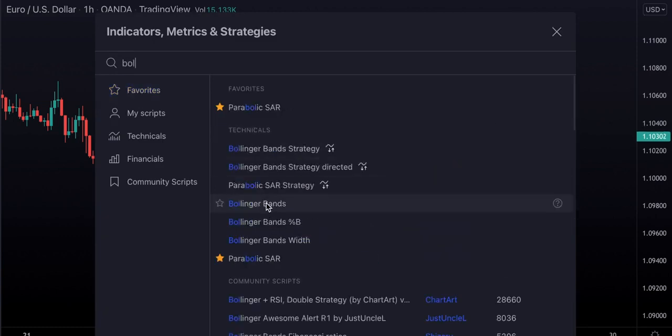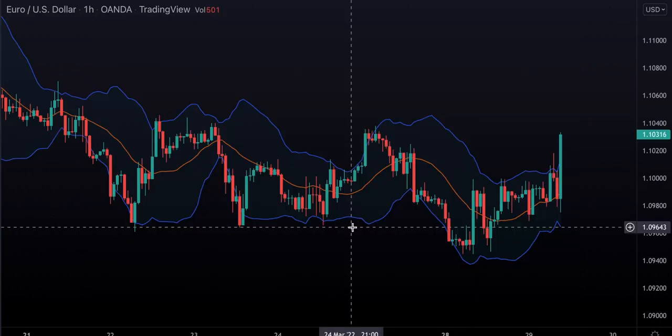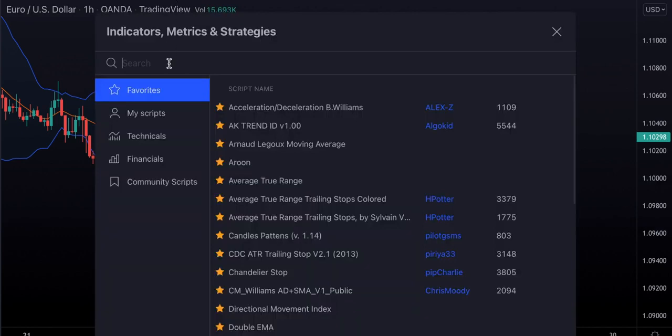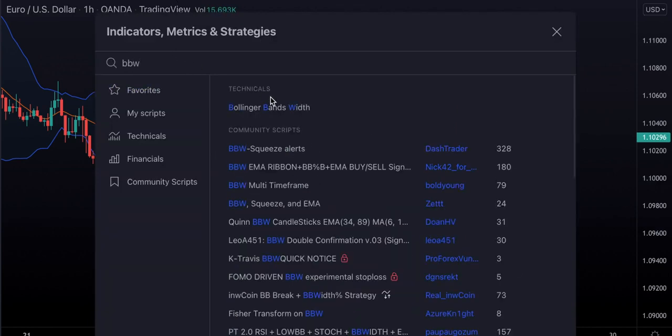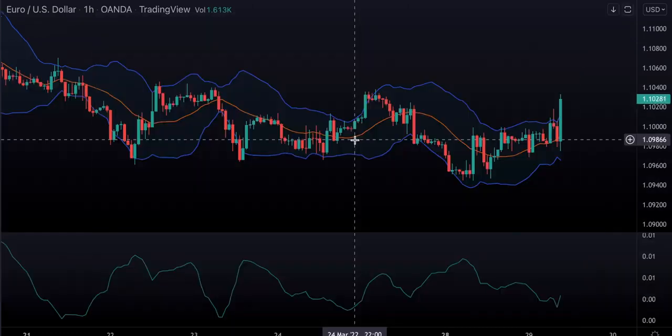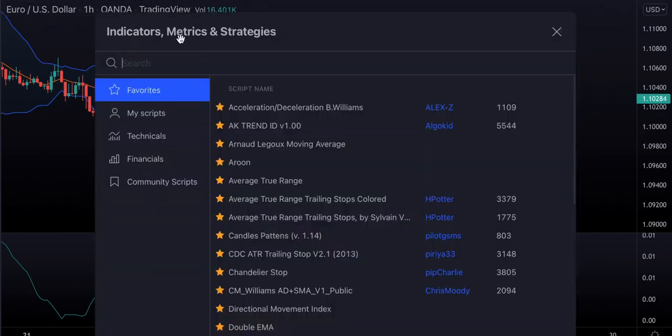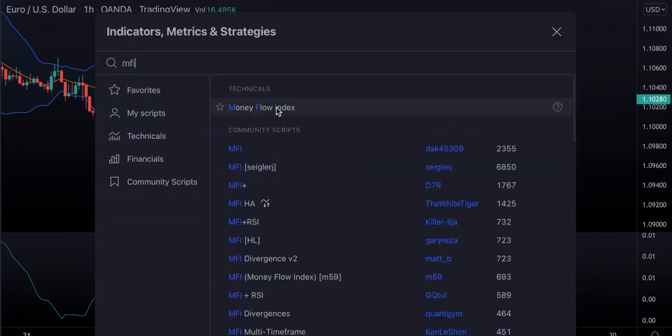So let's pick that one right there. We're not going to make any adjustments to this indicator, we're just going to leave the settings on the default. So for our next indicator we're going to use BBW, which stands for Bollinger Bands Width. Okay, we have our second indicator in our chart. We're also going to leave the settings on the default, and for our third indicator we're going to use Money Flow Index, this one right here,